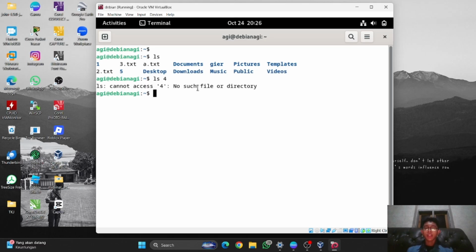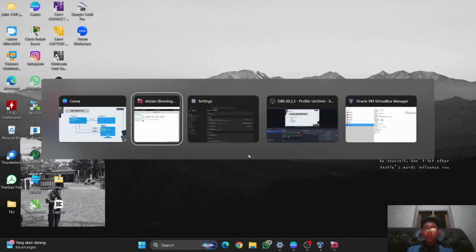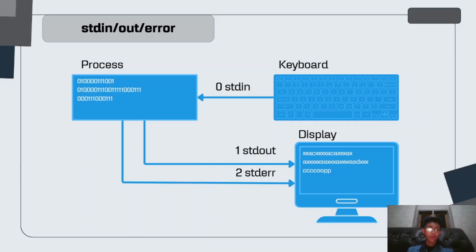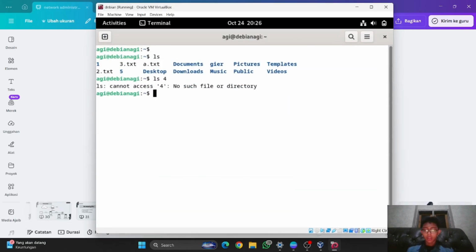So that is the standard error. And for the conclusion, both standard out and standard error will show in the terminal.